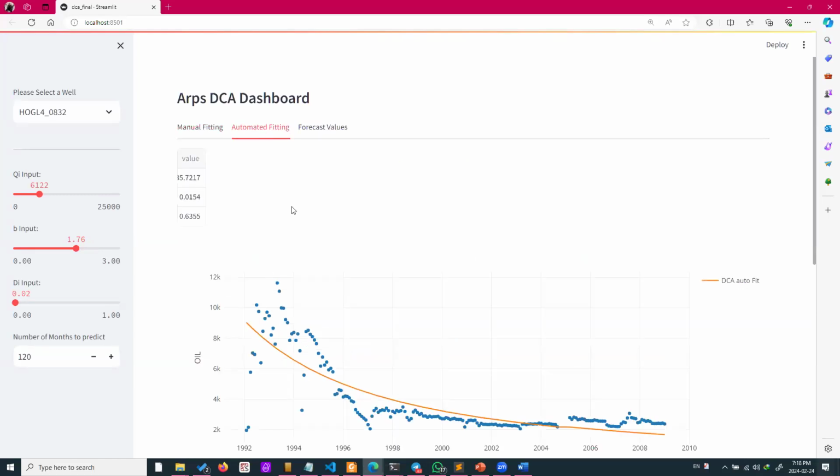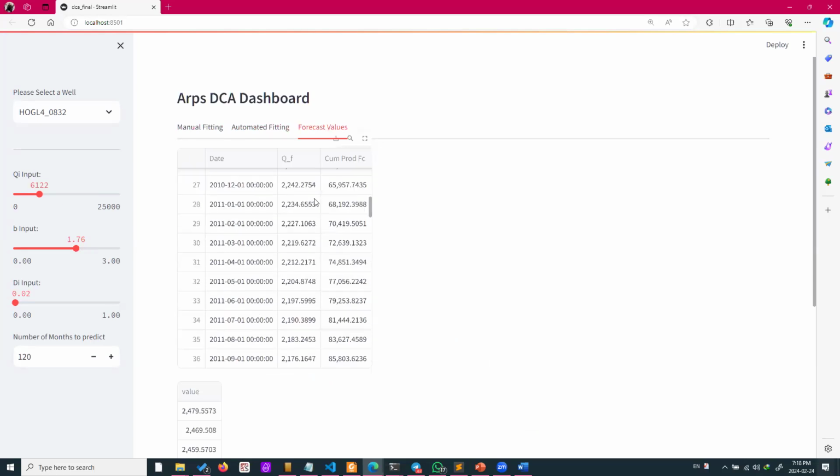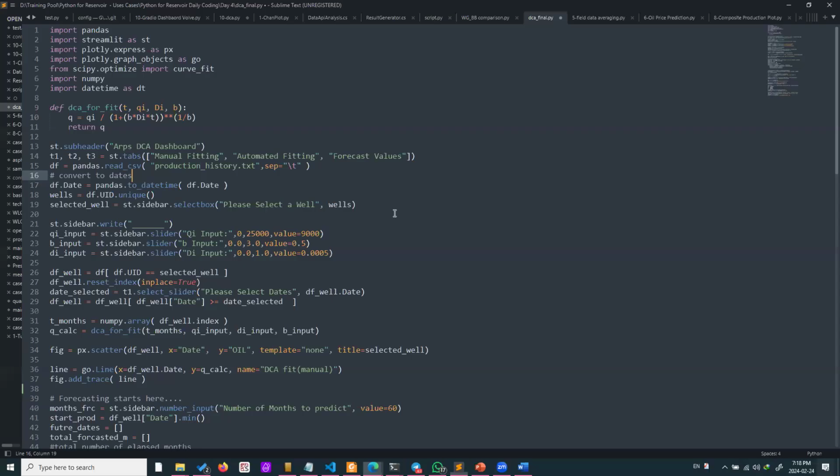Once you finish your fitting, you can go to forecasted values. Those are the values that we are calculating on a daily basis, or let's say on a monthly basis. Then we calculate a cumulative production at the end of a given number of months, which is specified in here. And this is possible using Python, believe it or not, in under 75 lines of code. The solution was found for the decline curve analysis equation, plots were generated,